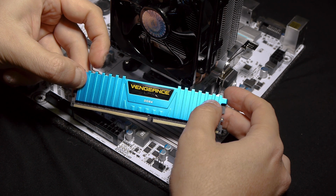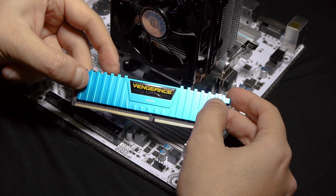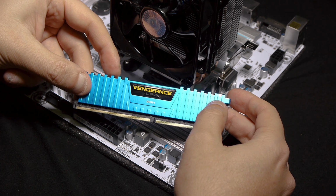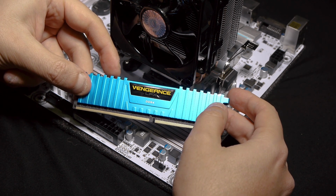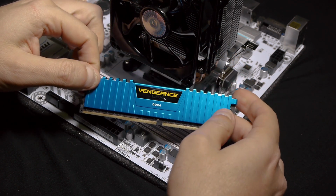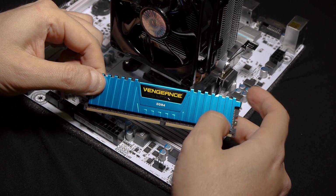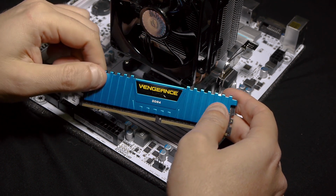Why did I choose this RAM? Because first of all, you can go until 3200, sorry. I choose 3000 because for me, there's not a big difference between 3000 and 3200 Hertz in performance, and what is more important is to choose the right one. Good company. I like Corsair, I like the Vengeance series. You can see aluminum spreaders. This is a very good RAM, and the advantage of this RAM is that it's a quick RAM and it